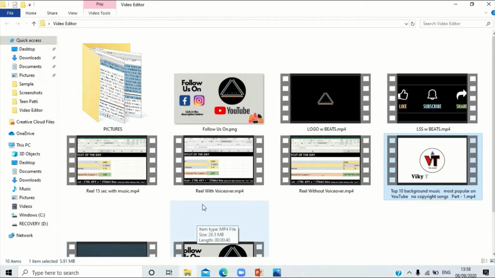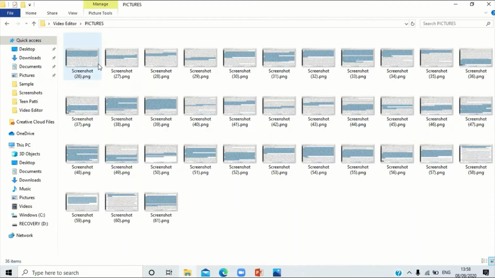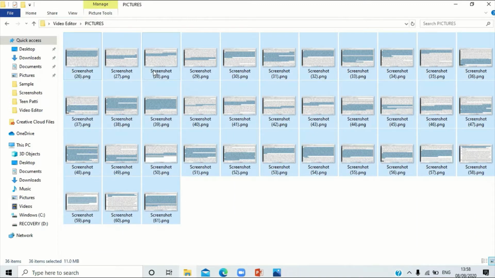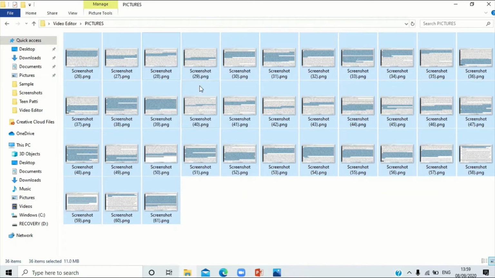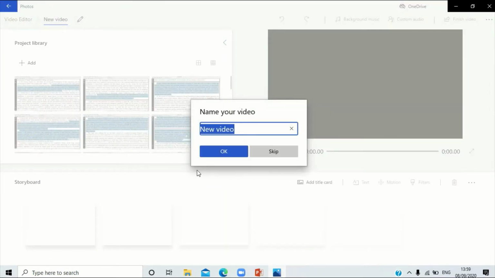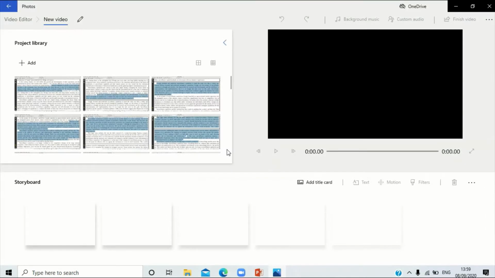So for the video editor, we also have the option to have, suppose I have the pictures folder here, and I just press Ctrl+A to select all these pictures and I right click it. There is a direct option to create a new video, and I get directed to the new video in the video editor application directly, and I can just rename this and click on OK.